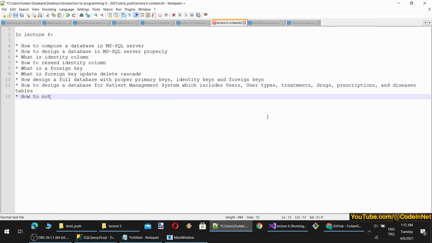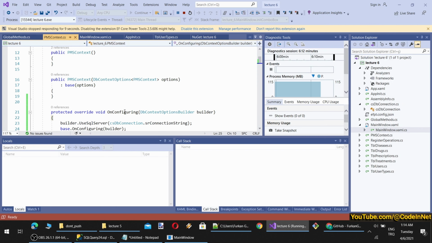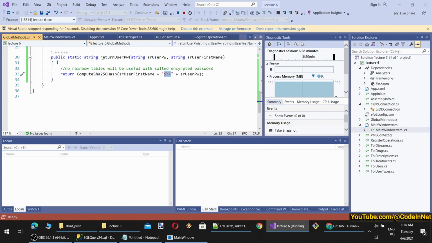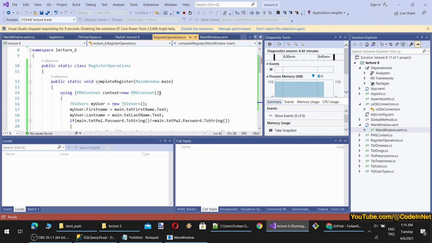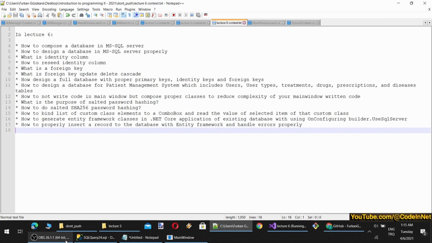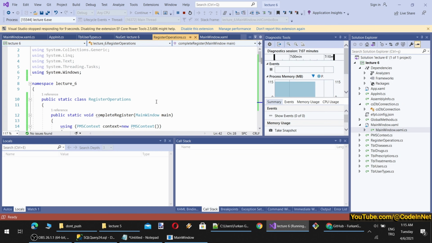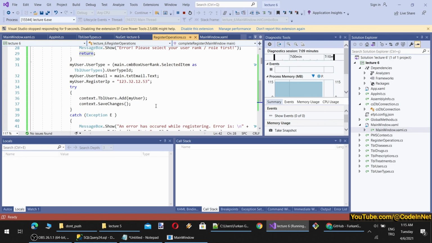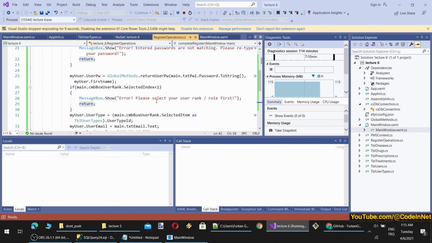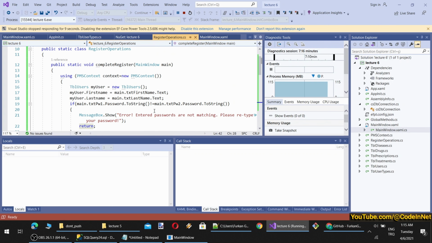How to not write code in the main window but configure it. So let's close this global method. Okay, and register operations. Let's see how to insert. You see how easy it is to save a record with this approach. We could also achieve this with our regular DB connection.